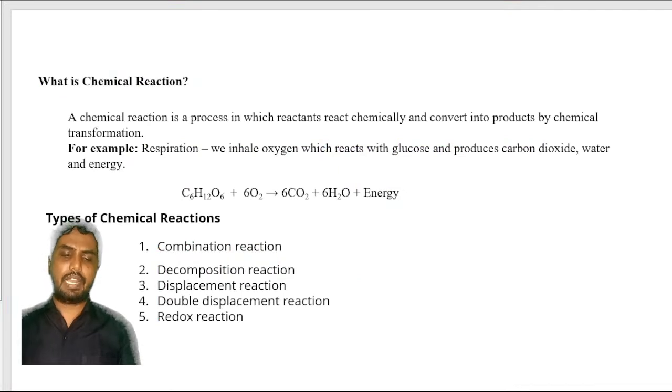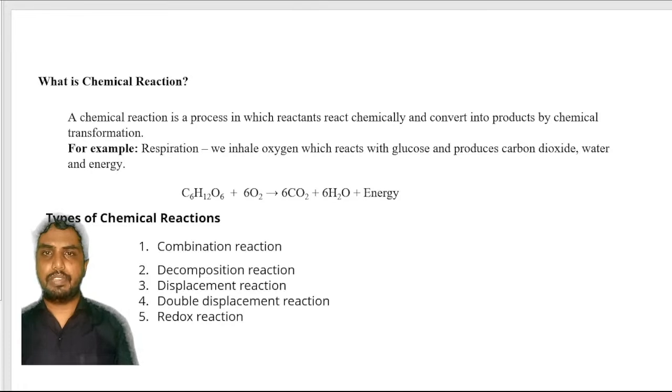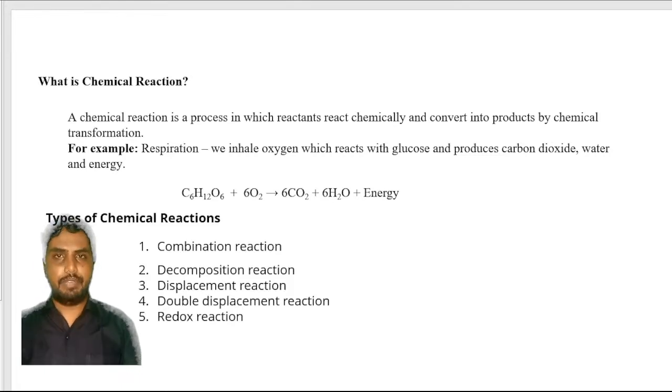So what is a chemical reaction? A chemical reaction is a process in which reactants react chemically and convert into products. Yesterday we saw that a chemical reaction involves reactants and products. Two molecules or components react with each other and produce a resultant, which is the product. So yesterday we also saw A plus B gives C. Today we will discuss the different types of